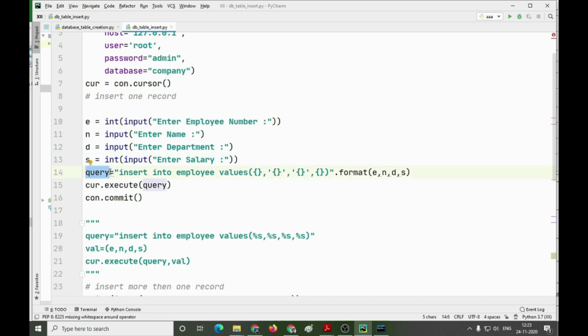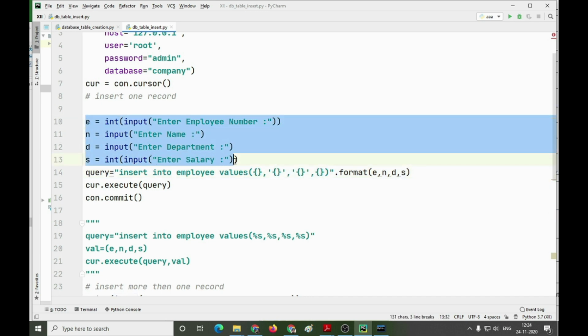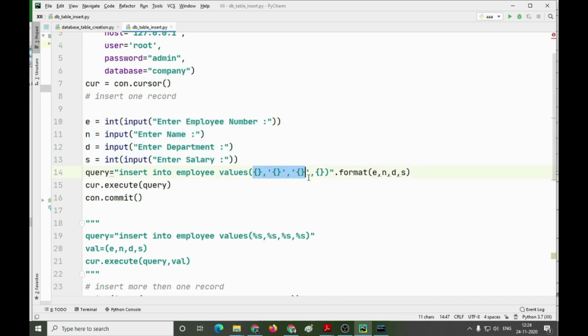Query here is simply a variable name in which I am storing the query as a string. The insert into query helps us to store values into the table. So I will be writing insert into employee, then values. Within values I am using these curly braces because these variable names will simply be replaced in these curly braces. Curly braces along with the inverted commas are only for the character and varchar data types, whereas for integer, float and any type of number we are not going to use any inverted commas.